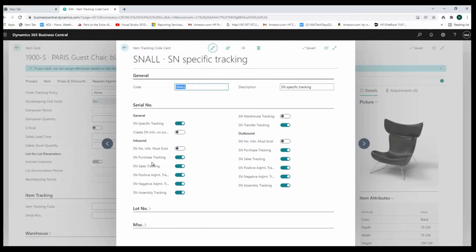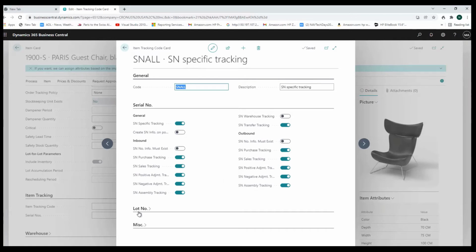So basically, I'm tracking through this serial number info must exist, purchase orders, sales orders, positive and negative adjustments, assembly orders, sales tracking, purchase tracking, transfer orders in the warehouse, all of the various documents and features that we want